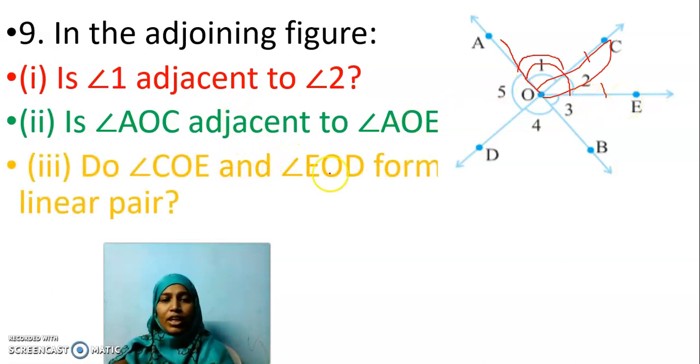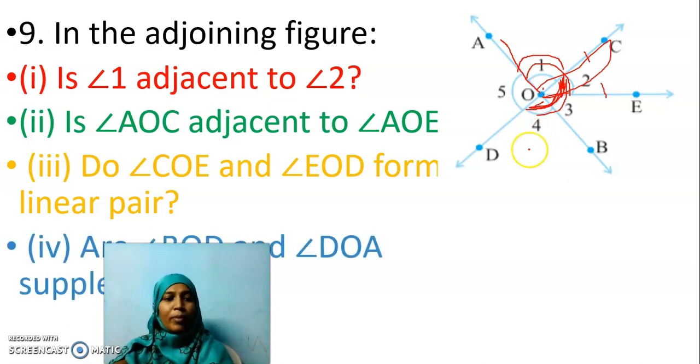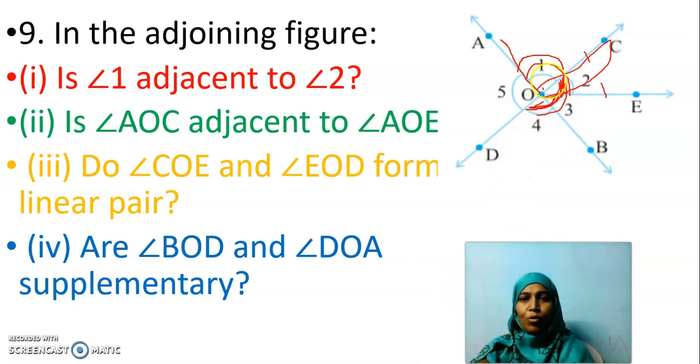Do COE and EOD form a linear pair? COE, this angle, and EOD, this angle. Yes, they have a common vertex, common arm, they are adjacent angles, as well as they add up to 180. See, full 180. So they are linear pair angles. Or angle BOD and DOA. BOD and DOA. Yes, they are